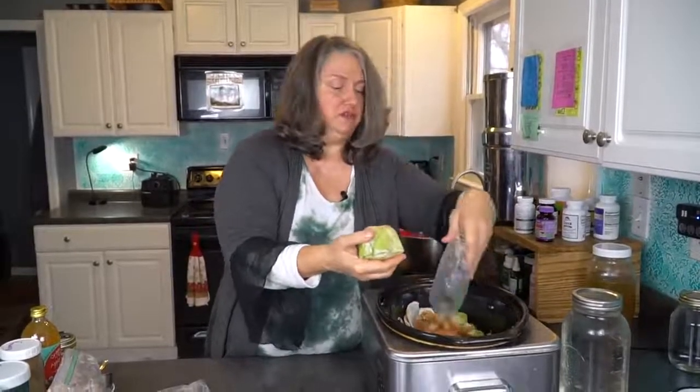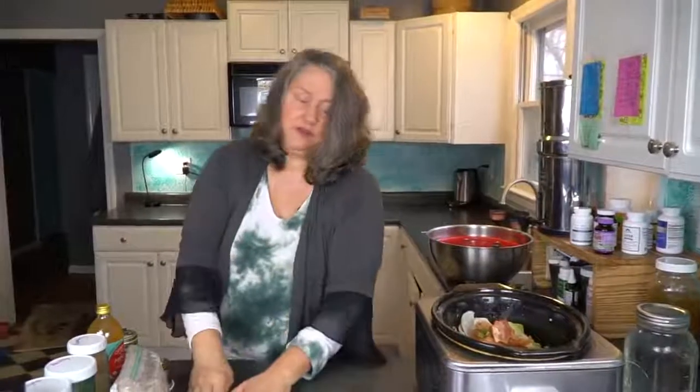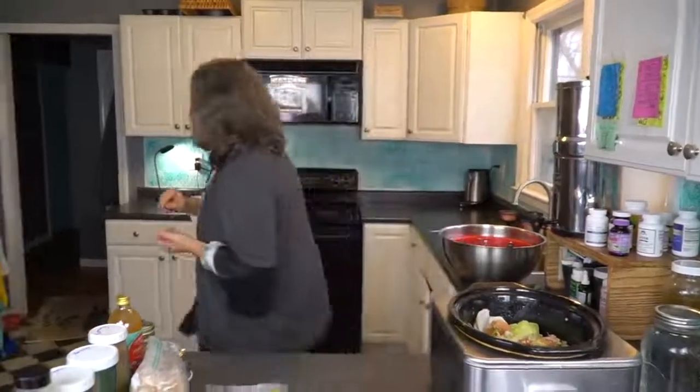And there's a few more onions. We'll add those in, and why not? We'll just add that last little bit of celery. So those are empty. The last thing I'm going to add, and when I add garlic in as a whole head, in order to actually consume the garlic, you want to pull that back out after about 6 hours. So I'm going to grab a head of garlic,